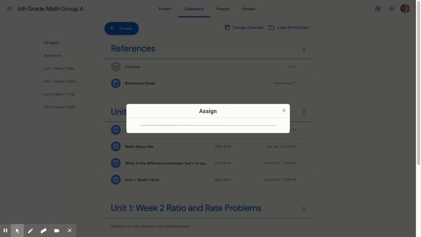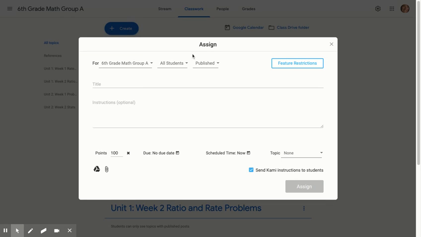And it takes just a minute to load here. And you notice this looks a little bit different because it's a Kami assignment that's being run through Google Classroom through that integration. So a lot of the same abilities as I have with a Google Classroom assignment. I can choose the class that I want it sent to. I can choose which students it's going to be assigned to, and I can publish it or I can save